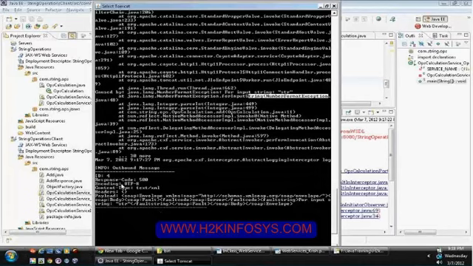So whenever a method is not capable of handling the exception, the exception will be thrown back to the caller method. The caller method for this is our web service, or your CXF. So our CXF will read that particular error message and create a SOAP fault exception message.